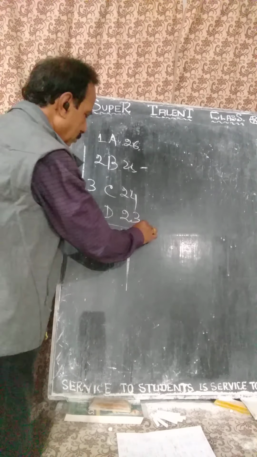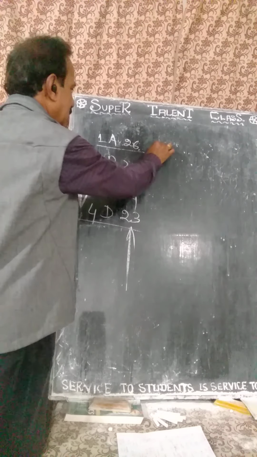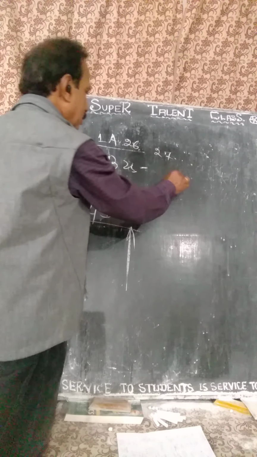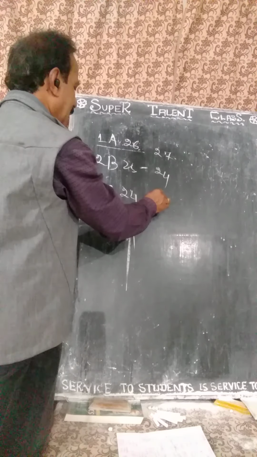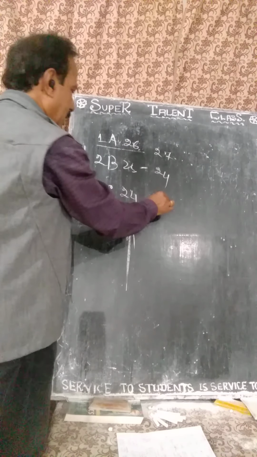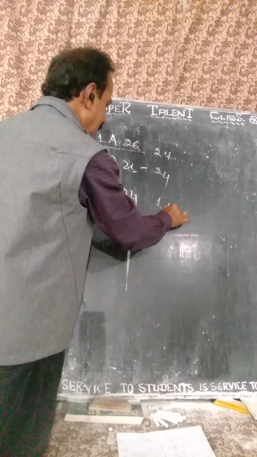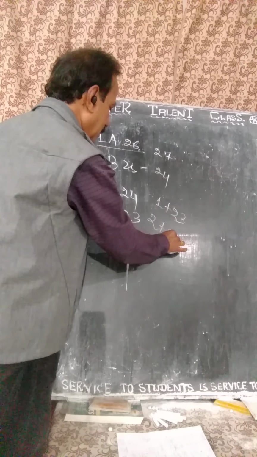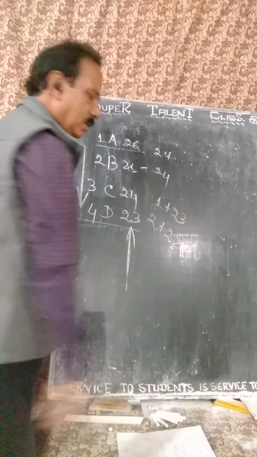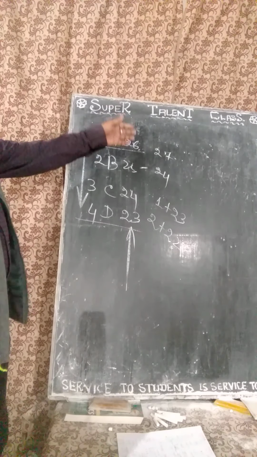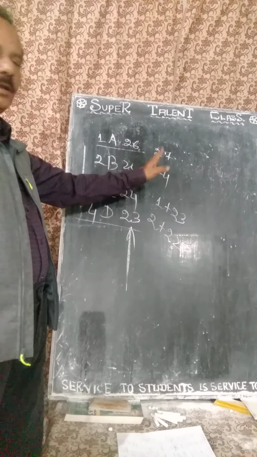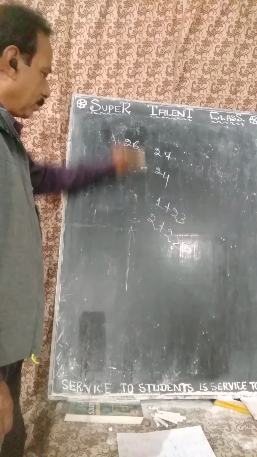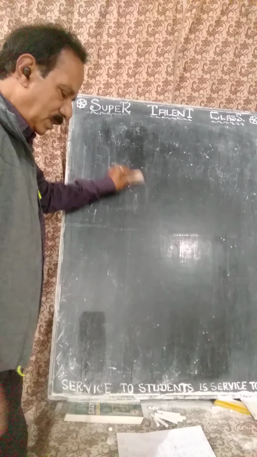And this you should remember. Where it will be 27. If 24 total, what will come? With H, 1 with it, how much will come? 23. With 2, how much will come? 22. Right? So it is coming 24 or 20. 3, 2, 3 method. You should practice it. No problem. So accordingly, that's it.